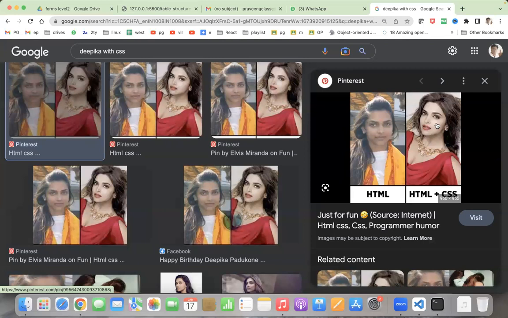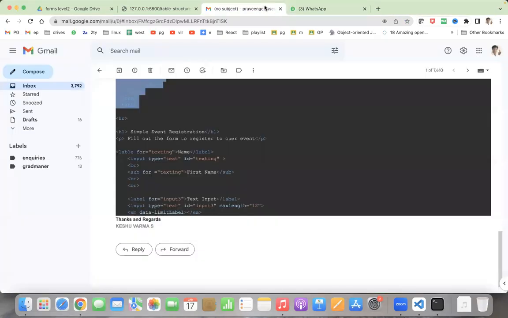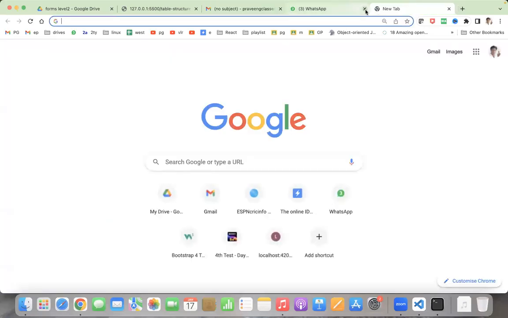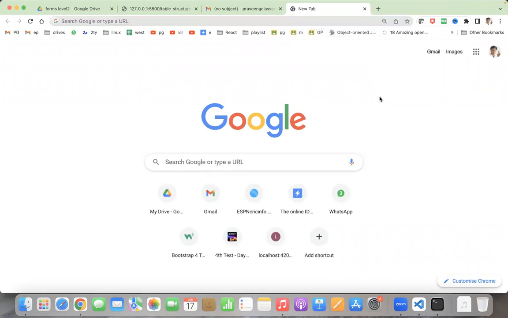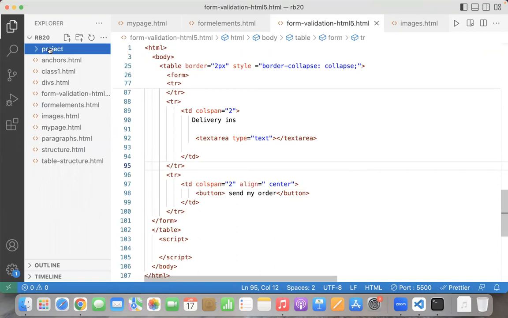Whatever the pages may be, whatever the web pages may be, with styling you are going to get this. Whatever the forms, whatever the HTML, whatever the anchors, these all need